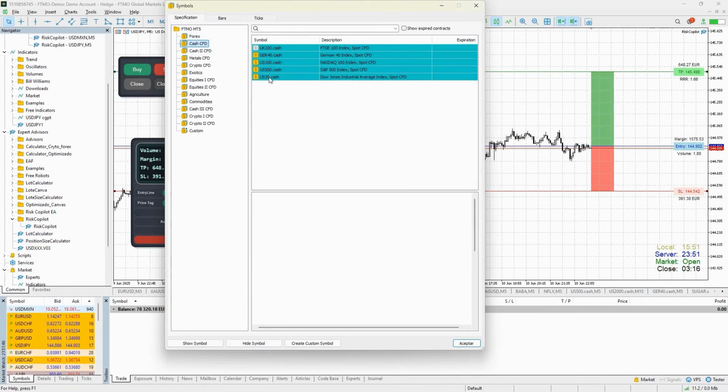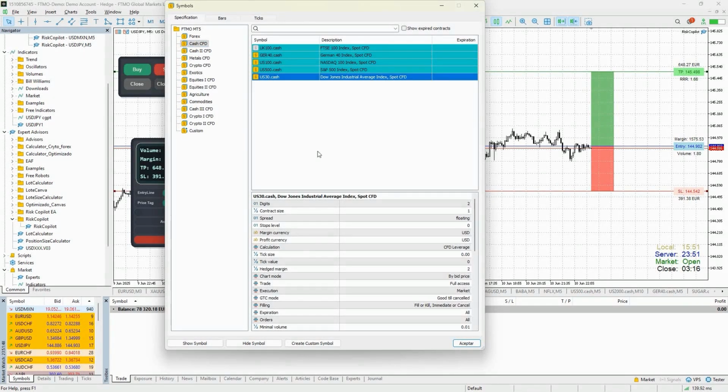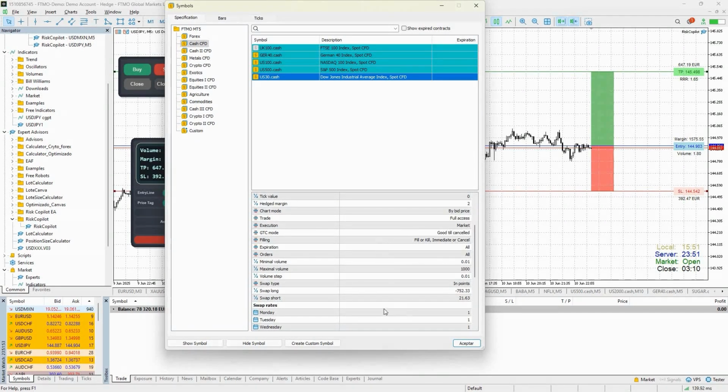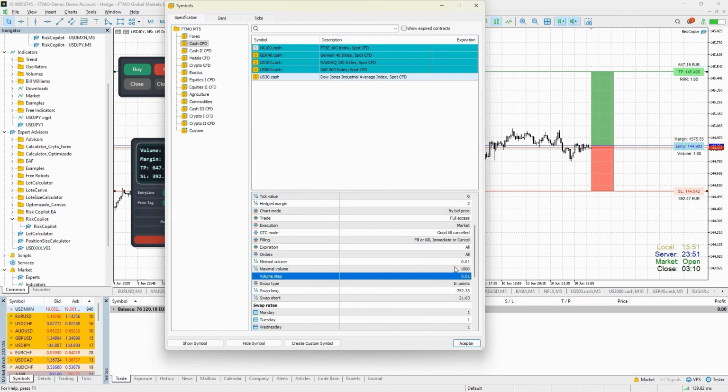For example, let's talk about the US 30, the Dow Jones. If we see here, it is telling me that the minimum volume to operate is 0.01 and the step volume is 0.01. This step volume is very important because in some cases, the step volume is 1. It doesn't take decimals into account. What happens if it doesn't take decimals into account